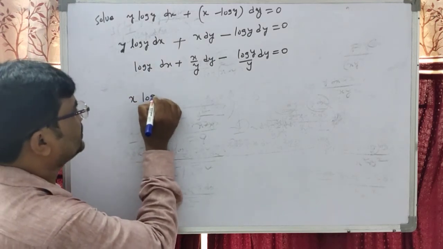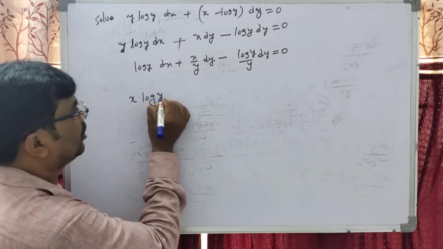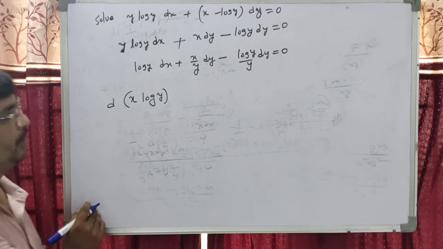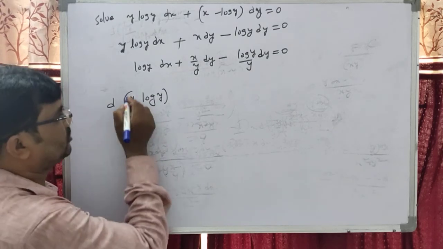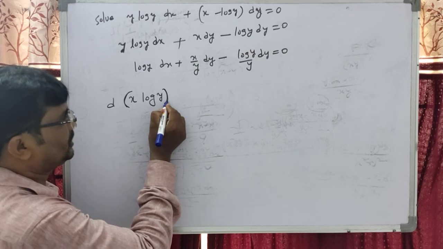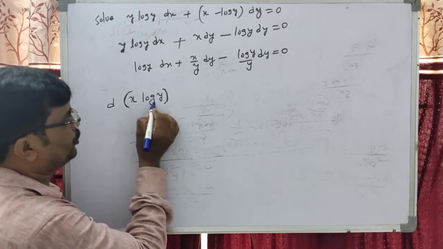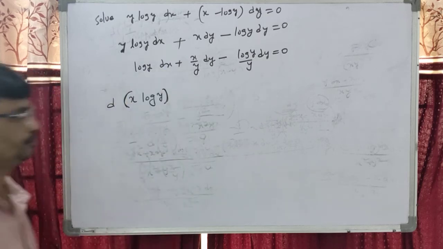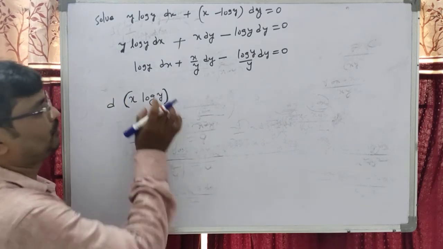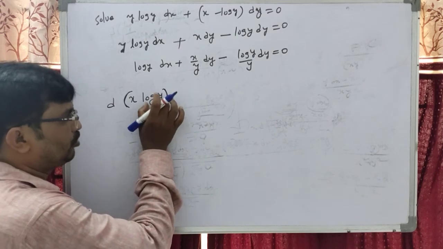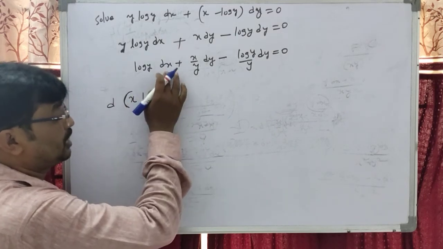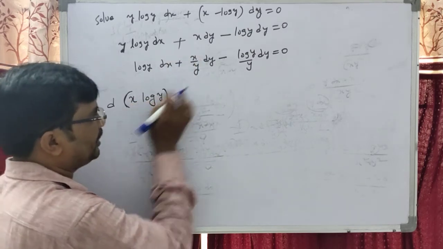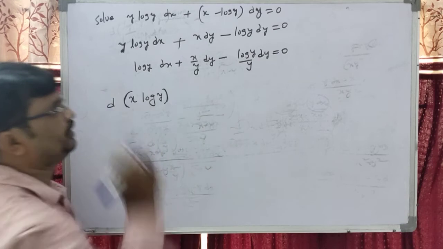My observation is this is the derivative of x log y. When you can apply the by parts uv method, dear students, the derivative of uv: first, log y into the derivative of x, which is dx. Okay students, that is the first one. First you take u as log y, the derivative of x, dx. After that you take x into the derivative of log y, 1 by y, the derivative of y, dy.